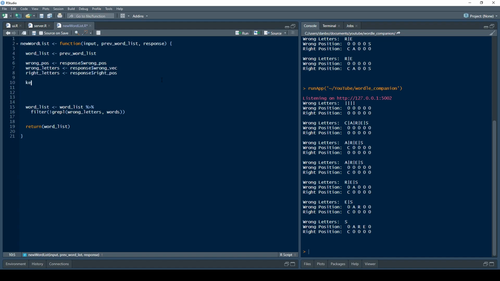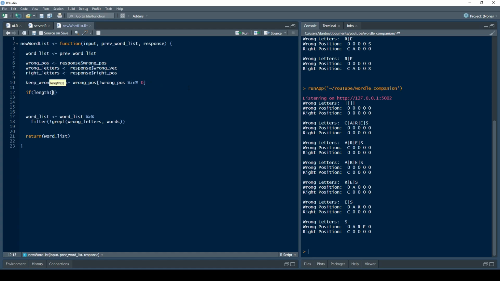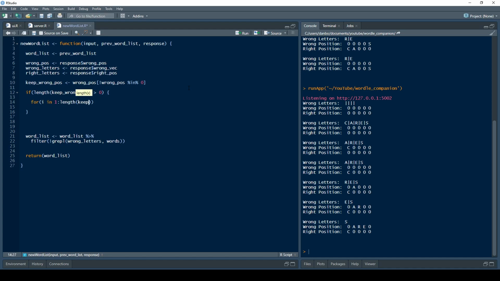So I'm going to call this separate variable keep wrong pos. And this is going to be our wrong pos vector. And we're just going to subset that so that our wrong pos isn't equal to 0. In other words, whatever's stored within this wrong pos vector, anything that's a 0, we're just going to get rid of it. And so what we're going to use this for is if we have anything that was in the wrong position, so if length of keep wrong pos is not 0, then for i in 1 to length of keep wrong pos